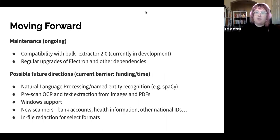Windows support is definitely in the possible future directions. That's not a huge obstacle. Electron will support that. Bulk Reviewer is already in Windows, but there's some